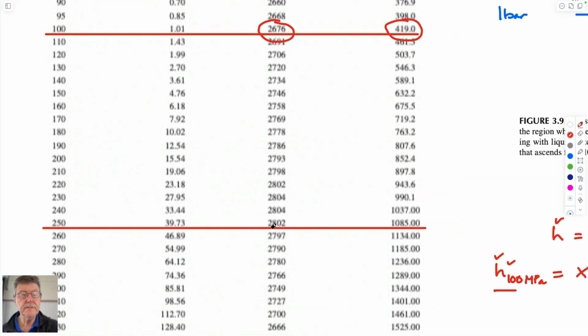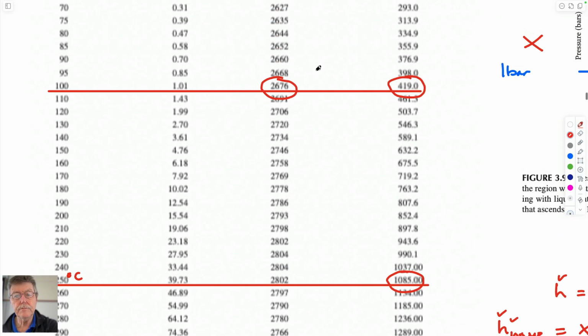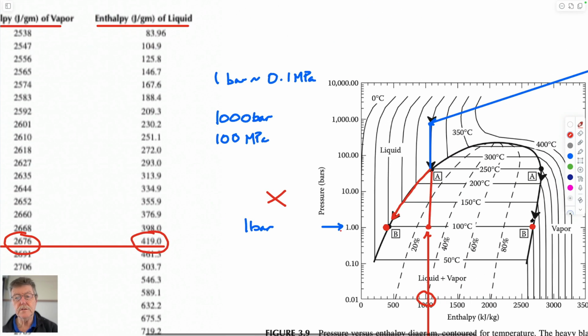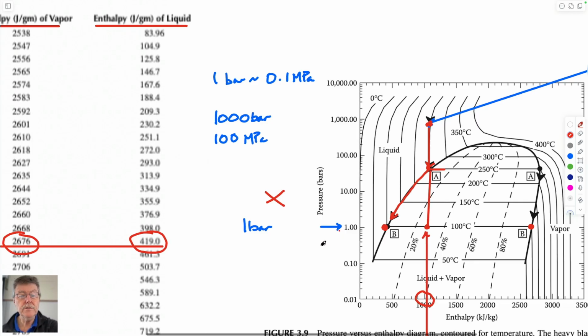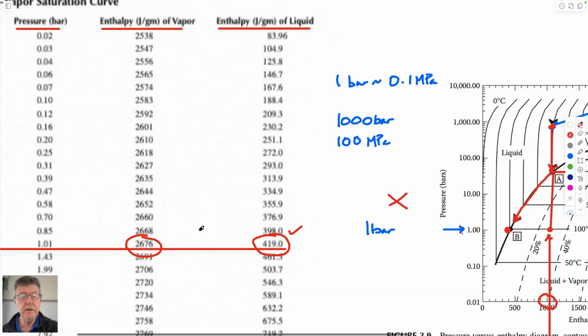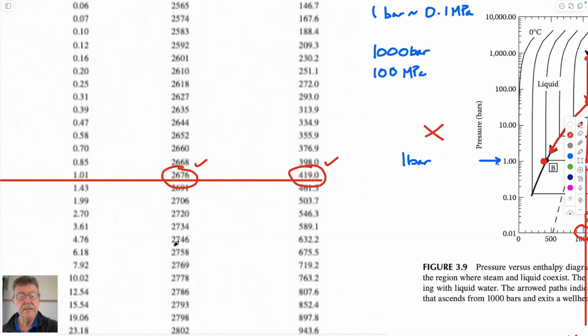And we know when it first comes out, it's purely at liquid state, which is this. It's at 250 degrees C, which is going from this point here to here. So this is where it hits this contour at 250 degrees C. It's traveled down it, 250 all the way, comes down here. So now, since we have these magnitudes of enthalpy of liquid and vapor at these two states,